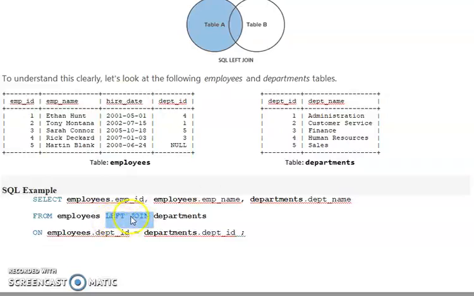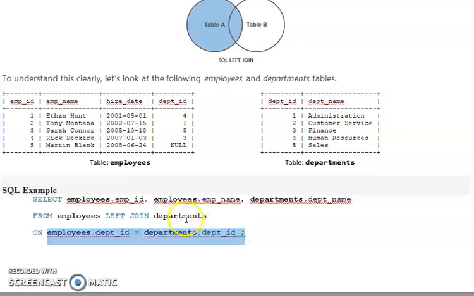Left join tells the DBMS or RDBMS to combine the records from the employee and departments tables with a left join operation, and again the condition is there: employees department ID equals departments department ID, which is the common column here.